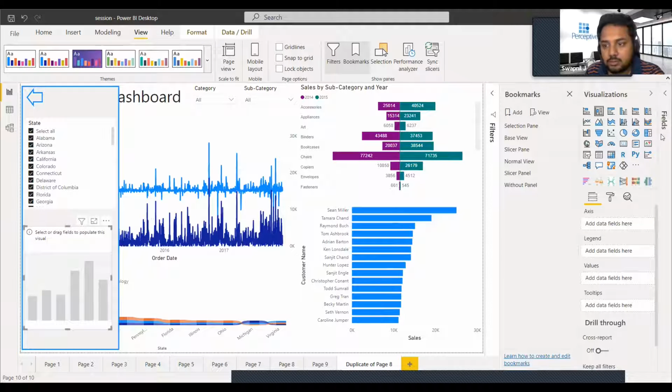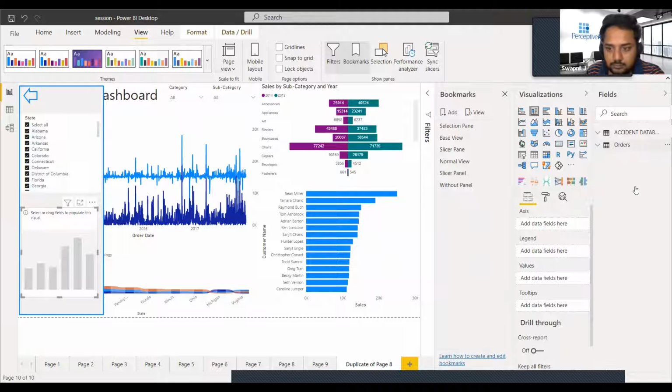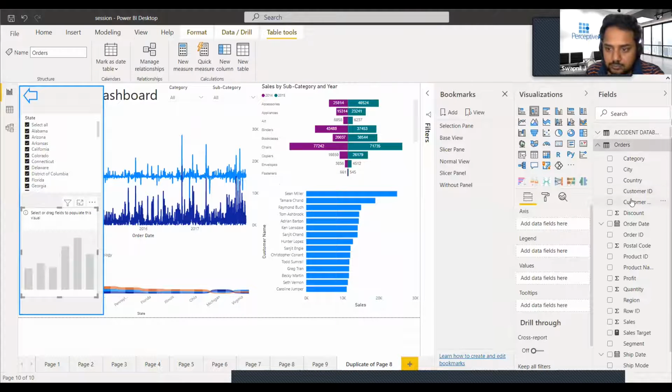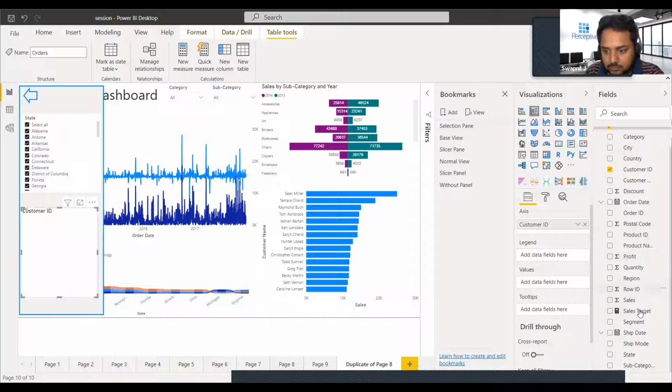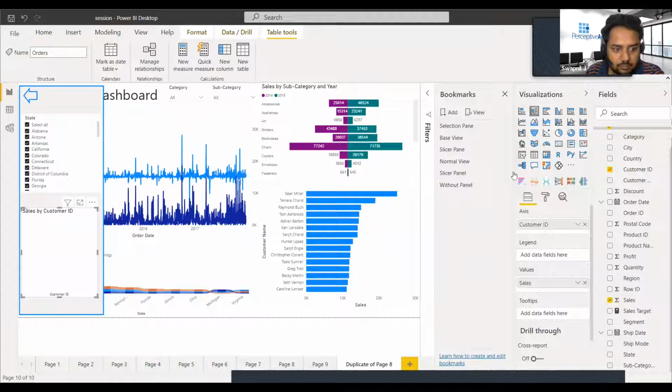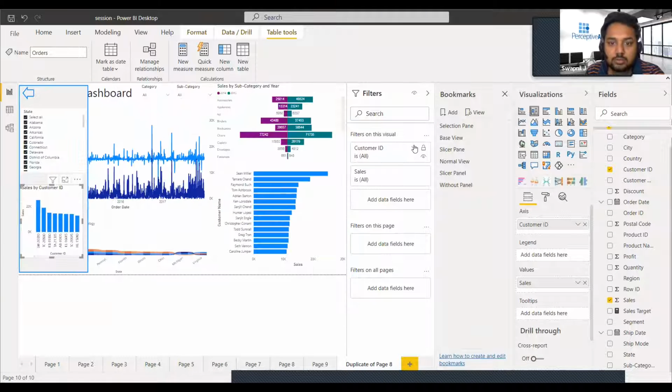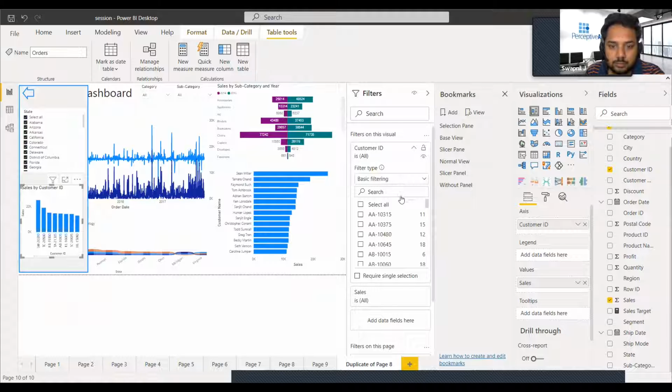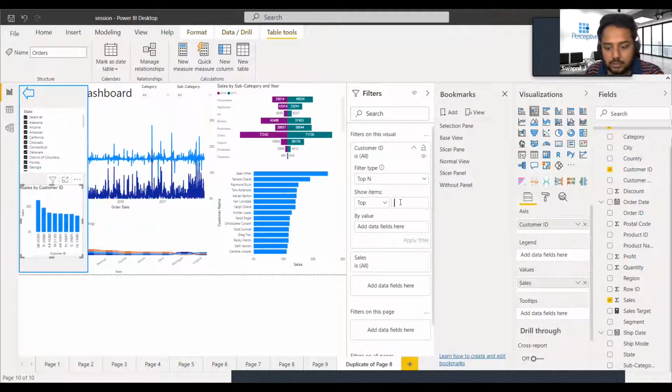For this visual, we can take and we can limit to top 2 customer ID or top 3 customer ID. Let's say top 4 customer ID based on sales.